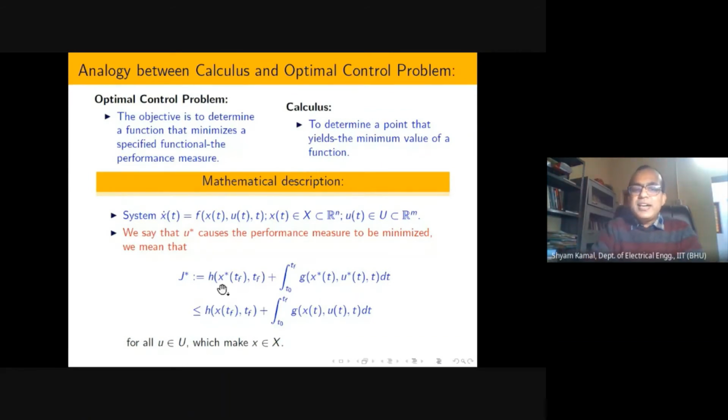So you can see here that same kind of things I have written in terms of mathematics. Suppose you have a certain kind of generalized performance measure. How I have defined it, please forget about that for the time being. Suppose you have this system. Now you want to develop some kind of optimal control such that I can generate the optimal trajectory x(t). What is the meaning of generating an optimal trajectory? You have to move from one point to another point in some kind of optimal way.